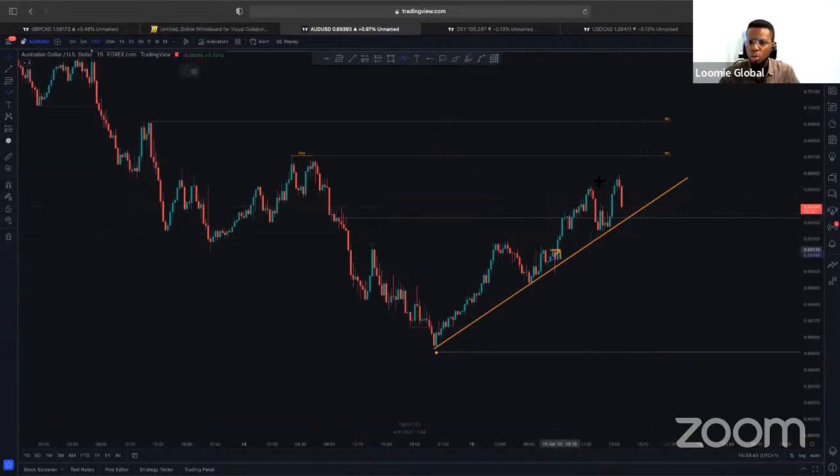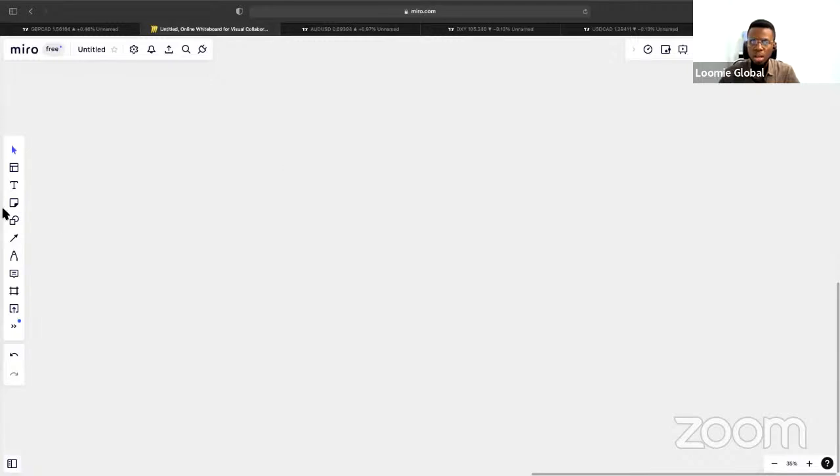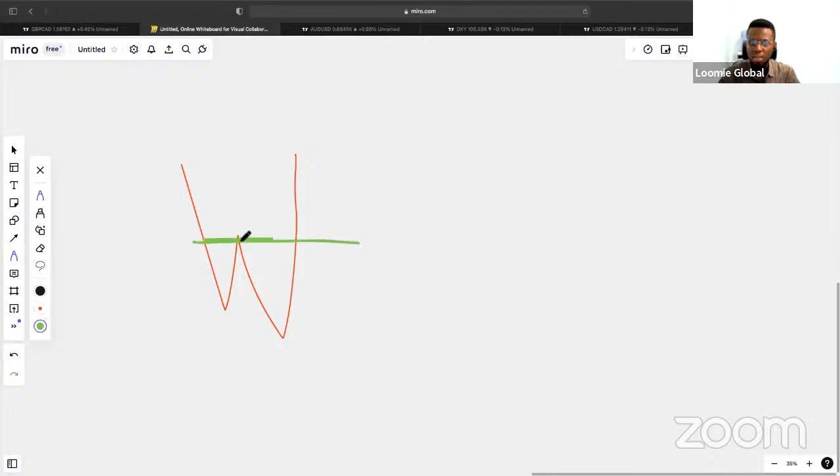Let me just go ahead and take a trade, right? And now, this is where we begin to talk about confluences. Remember that I told you something when we're talking about all of these M patterns, that you have something called the neckline. Many times there are people who take confirmation entries upon the break and retest of the neckline. So they will wait for price to get out and retest this neckline before they take it.